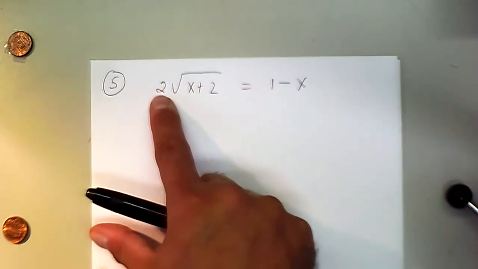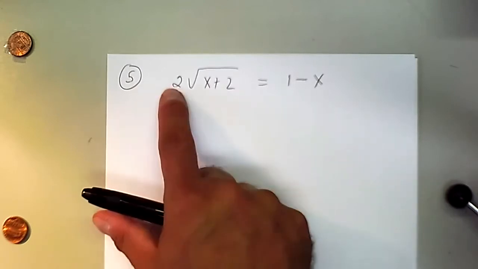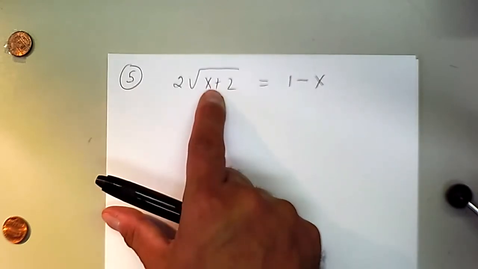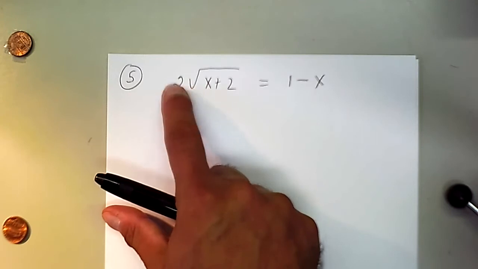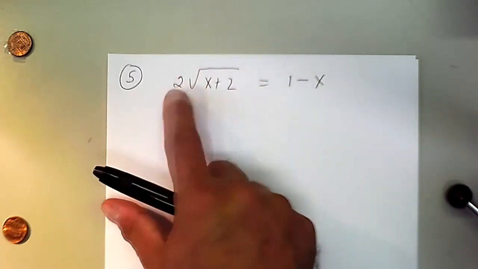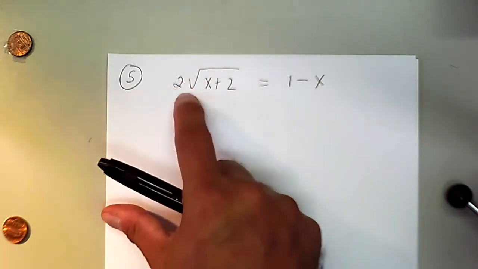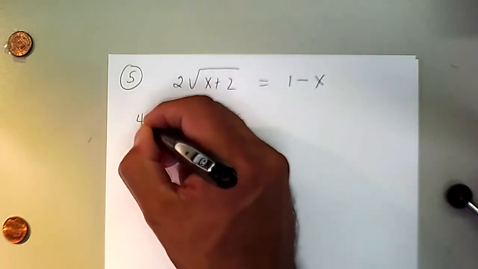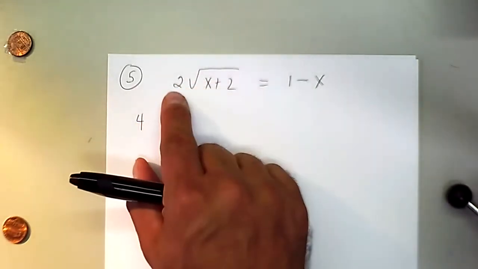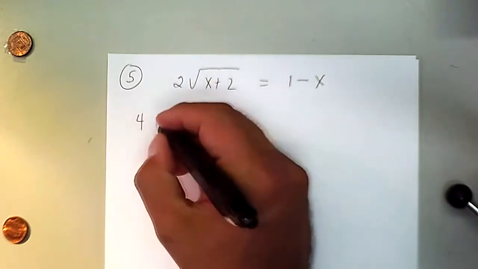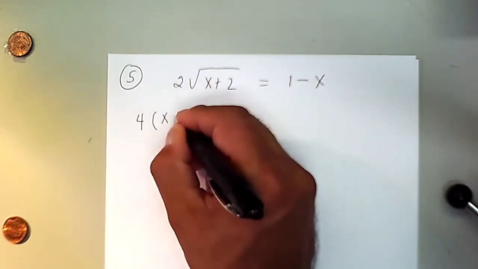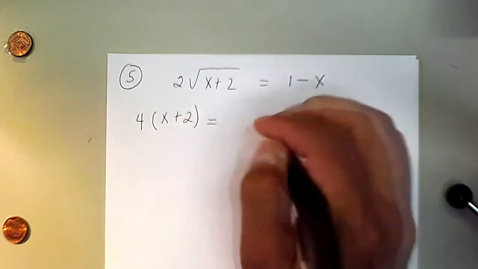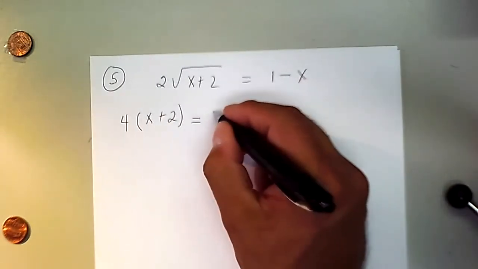Now, squaring this is a little more tricky, because we got to square that and square that. We're multiplying. So when we are squaring, we distribute the squaring across the factors. So we end up with 4. That's the square of the 2. And the square of the root is the quantity x plus 2. And now we're going to square that. Remember, we have to